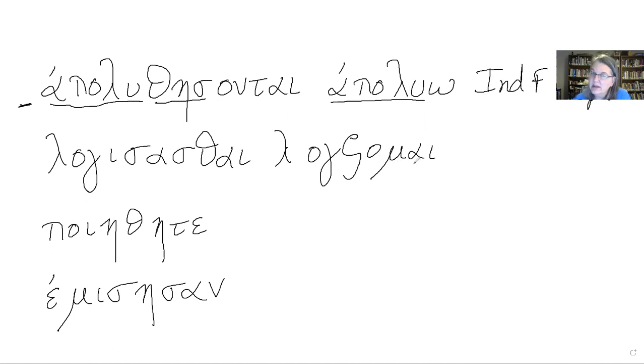The fact that the lexical form ends in omai is what tells you it's a deponent verb. And what we have here is evidence that a sigma has been added to the stem. And so we have evidence of a sigma with no augment. That could either be a future tense or it could be an aorist in one of the other moods according to our chart. But if we recognize the asthai ending, then we realize that this is actually an infinitive,